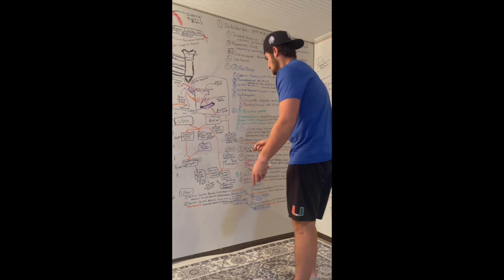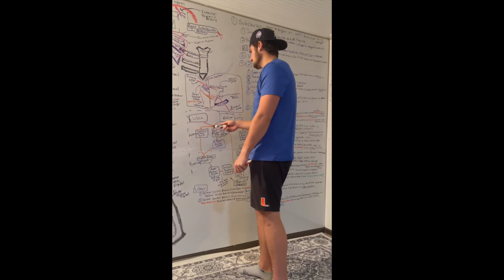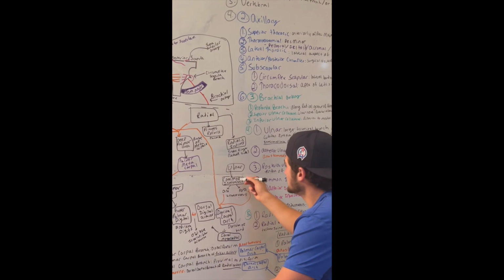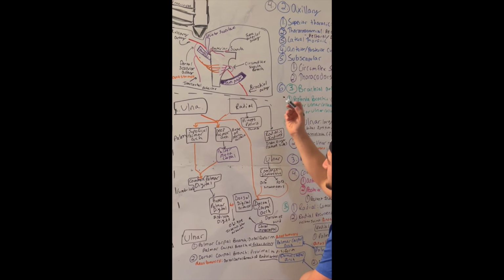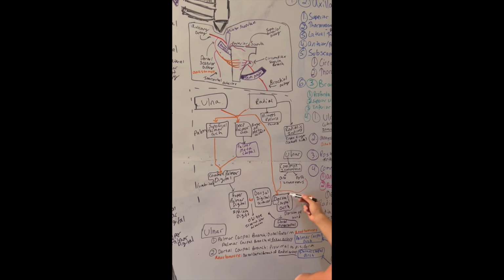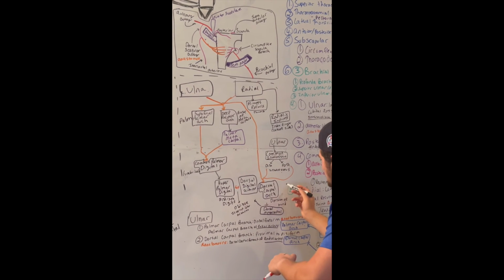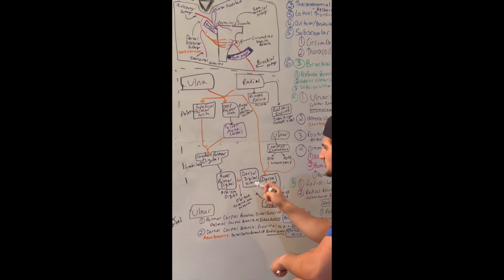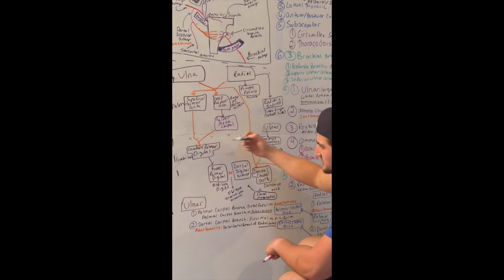Okay, so we said the radial artery and ulnar artery form three different structures. The third structure is when the common interosseous, the anterior and the posterior, anastomose with the radial artery, and it forms the dorsal carpal arch. The dorsal carpal arch is then going to form the dorsal metacarpal. The dorsal metacarpal is then going to form the dorsal digital arteries. Also, the common palmar digital is going to form the proper